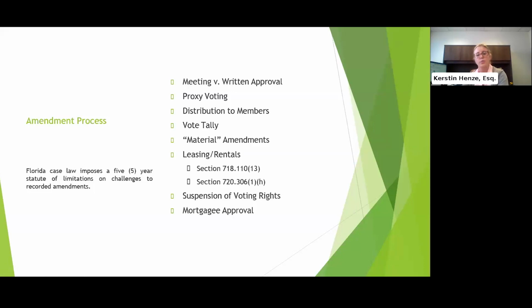If you're going to present the amendments at a meeting, you would have your notice with an agenda item, and you will include as part of the agenda, consideration of amendments to, and identify what the amendment would be. You're not going to include the language of the amendment, just identifying, consideration of amendment to the declaration or to section 5.6 of the bylaws.